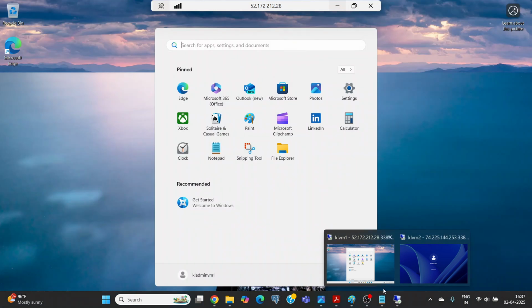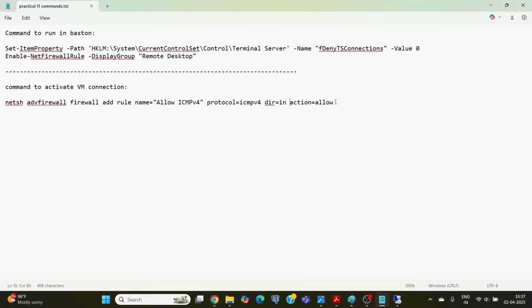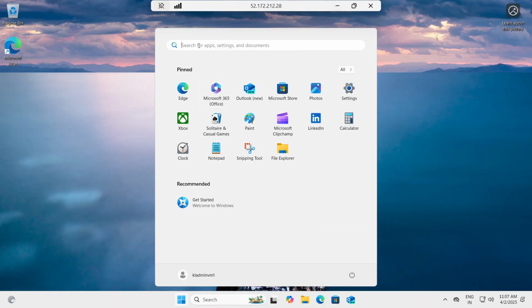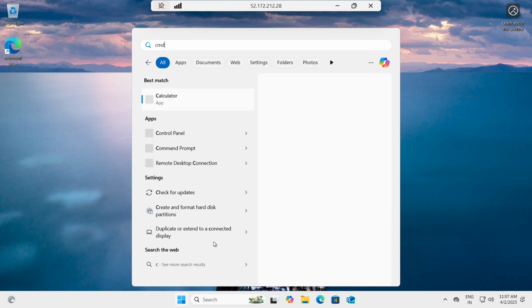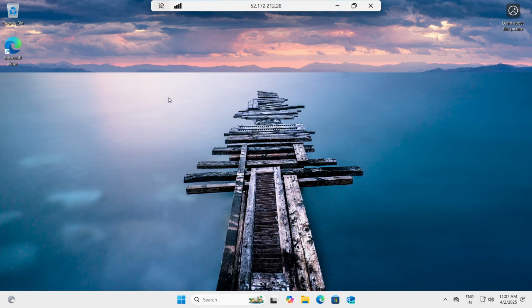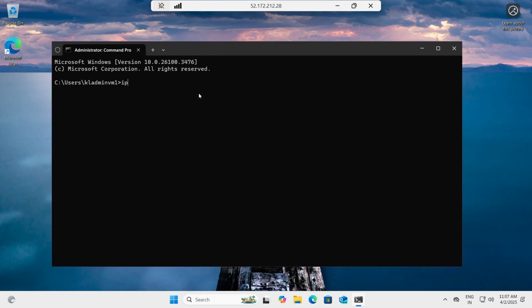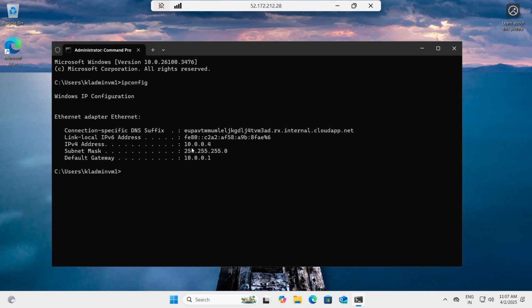Once they get configured, we have to run this command to activate the VM connection. So go to the command prompt of virtual machine 1, cmd. Go to the command prompt. Now you can check here the IP address with ipconfig. This is the IP address of virtual machine 1, 10.0.0.4, and virtual machine 2 is 10.0.1.4. Once it gets configured,